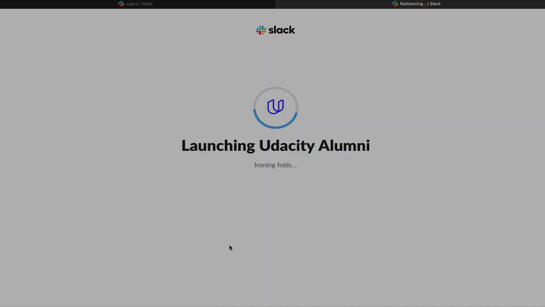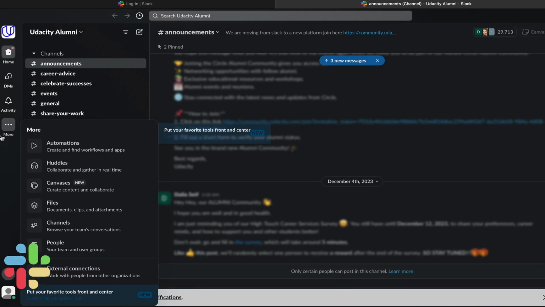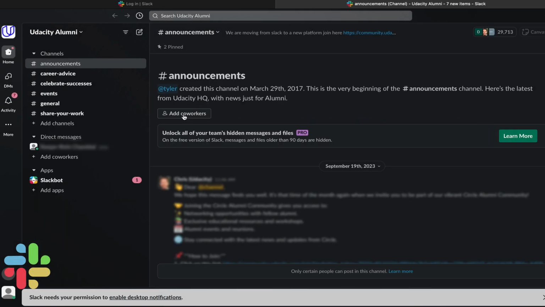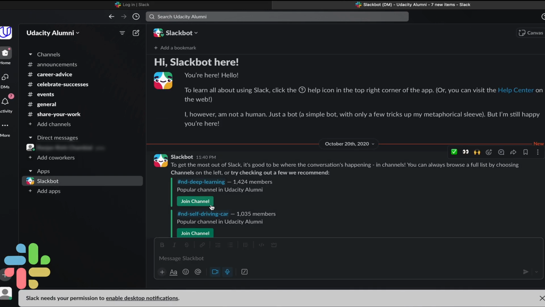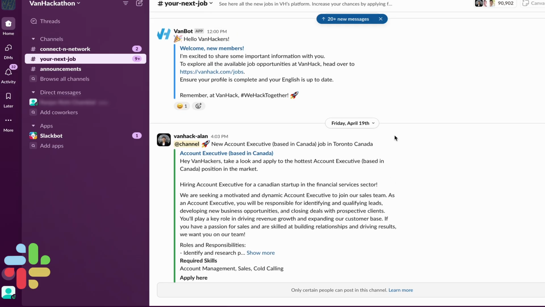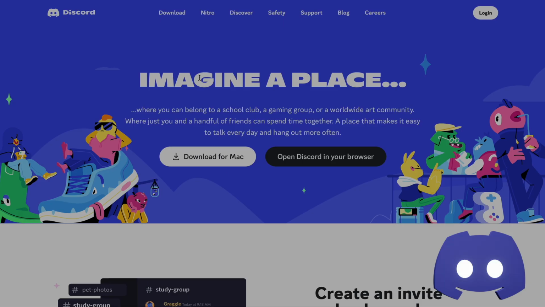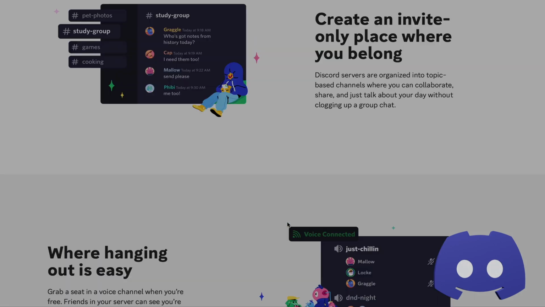It provides a centralized platform for team communication, allowing developers, artists, designers, and other team members to easily communicate in real time. Channels can be created for different aspects of the game development process, such as coding, art assets, level design, marketing, and many more. Discord is quite similar to Slack. However, it is specifically designed for gaming communities.